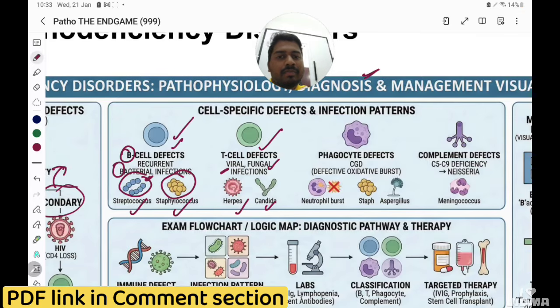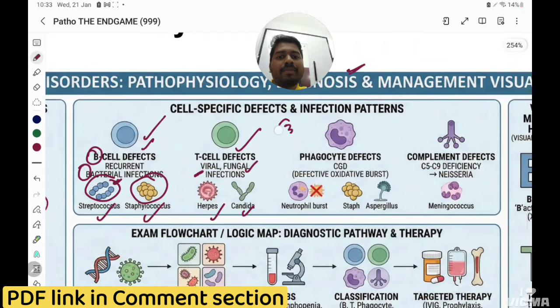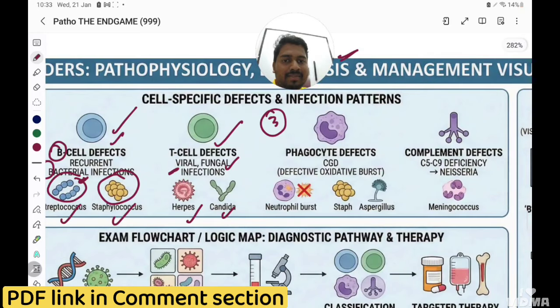Now there is a third type of immunodeficiency where there is phagocyte defect. Phagocyte defect means especially macrophages. One of the classical examples for this is CGD, which is chronic granulomatous disease. What happens in CGD is, inside the neutrophils, basically, there will be something known as oxidative burst. Oxidative burst means when